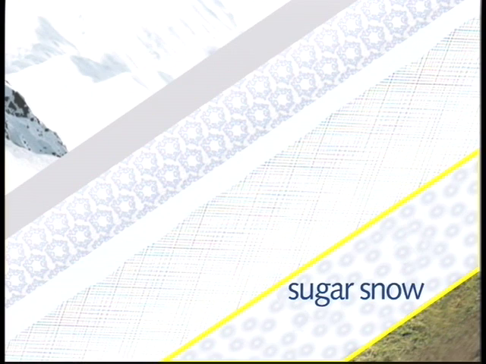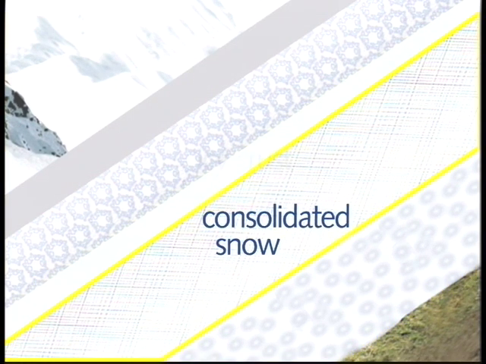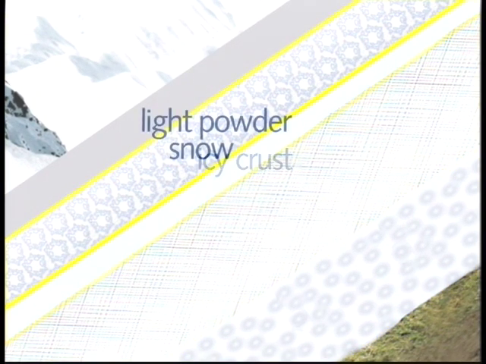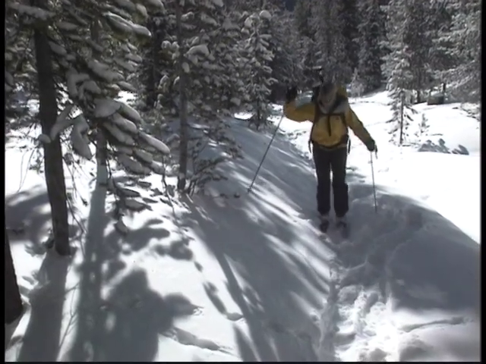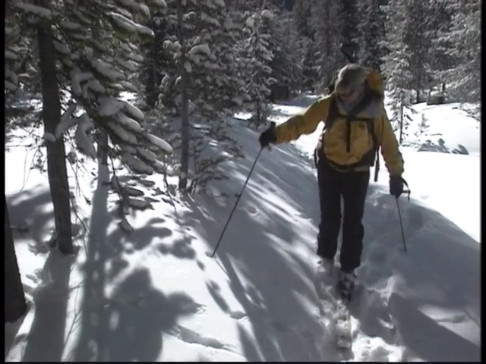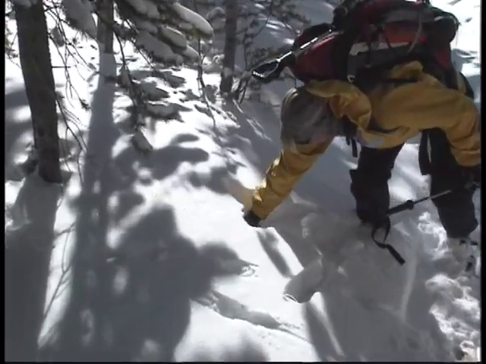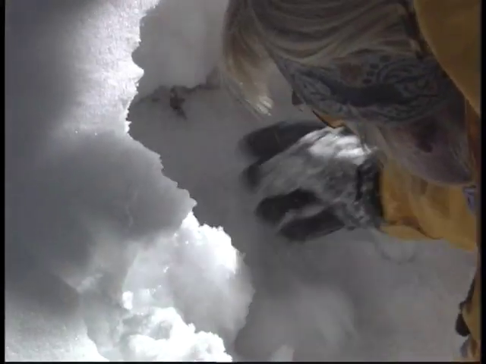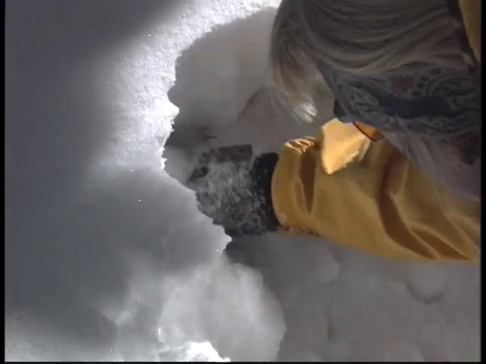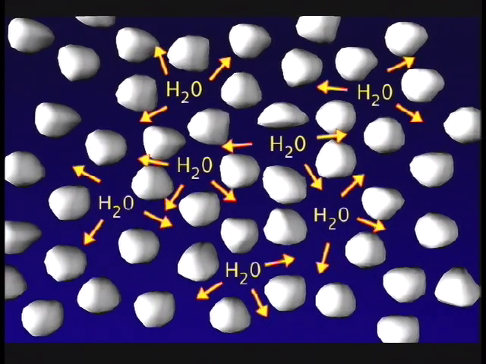Throughout the winter, each flake of snow that falls undergoes a series of changes. As each grain of snow in the pack begins to transform itself, so too do the layers within the snowpack. The temperature and depth of the snow drives this change, or metamorphism. In general, if the snow is shallow and it's cold, very fragile bonds develop between the individual snow grains, and layers tend to be weak and sugary. But if the snow is deep and it's warmer, solid bonds develop between the snow grains, and layers tend to